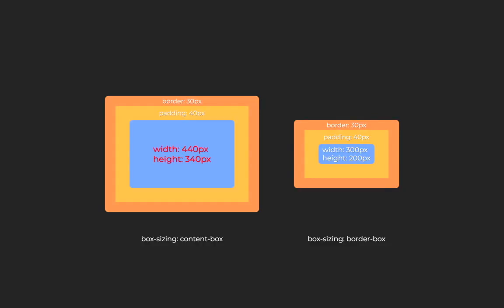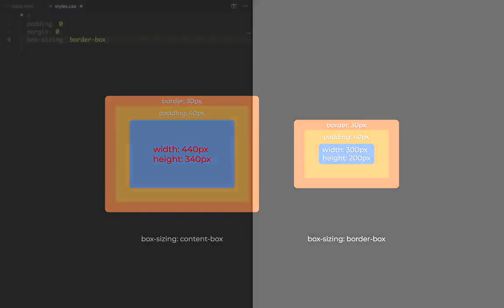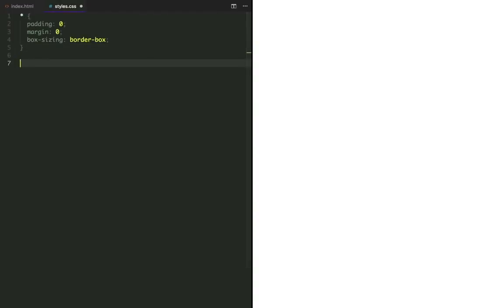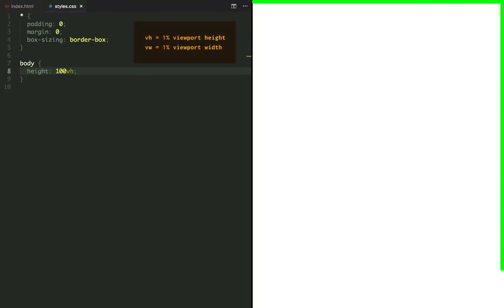One thing to keep in mind, box sizing does not apply to margin, okay? Either option you choose, margin will never be accounted as element's dimensions. Let's set the body height to 100 VH. So VH stands for viewport height, and viewport is the visible area of your web page.